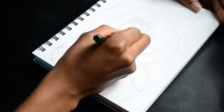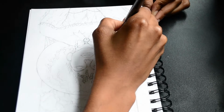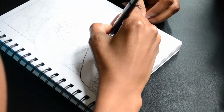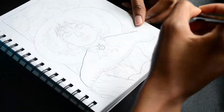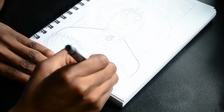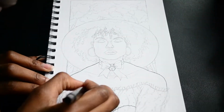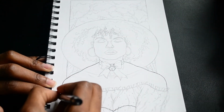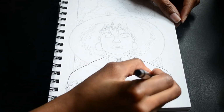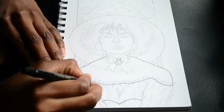Alright, so first I'm going to dive into how I came up with this idea. For day one of Inktober, the prompt is ring. Sometimes I like to either Google or just give myself a lot of time to ponder an idea that comes to mind. I started this prompt from like the 4th of September. I know that I can't get a drawing done in a day, so I am starting early because I am playing no games. So I give myself a lot of time to figure out what visuals come to mind